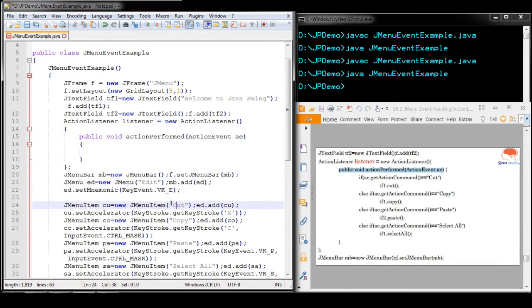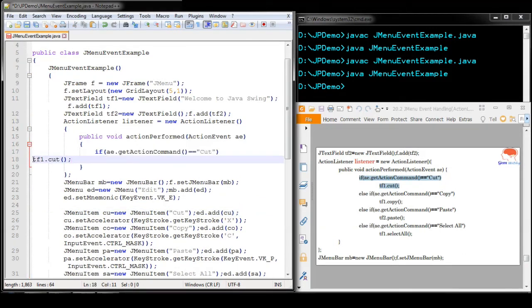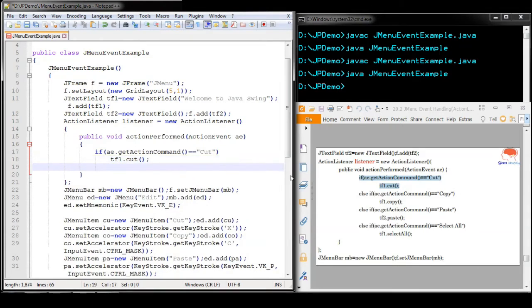Whenever the cut menu item is selected, the text field 1 content has to be cut. How to extract this command? Using the getActionCommand method of the ActionEvent class. If my action command is cut, the text field content that has been selected will be cut.